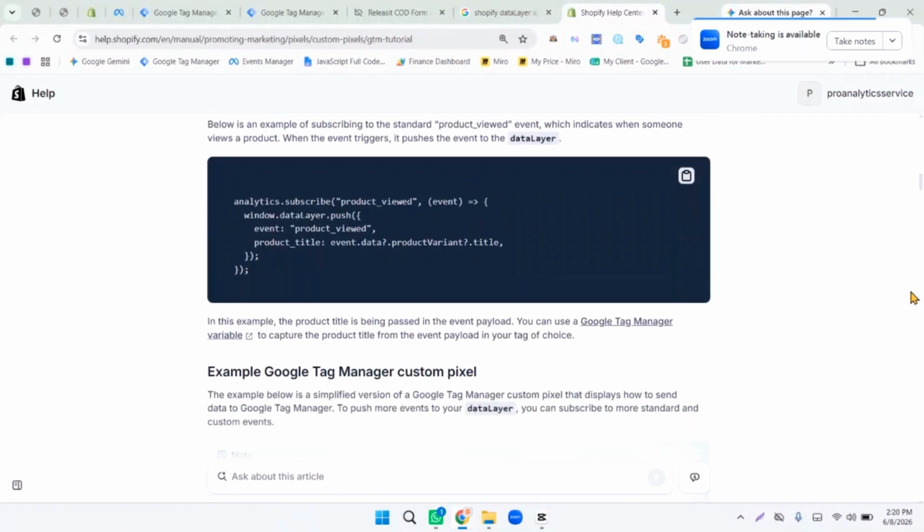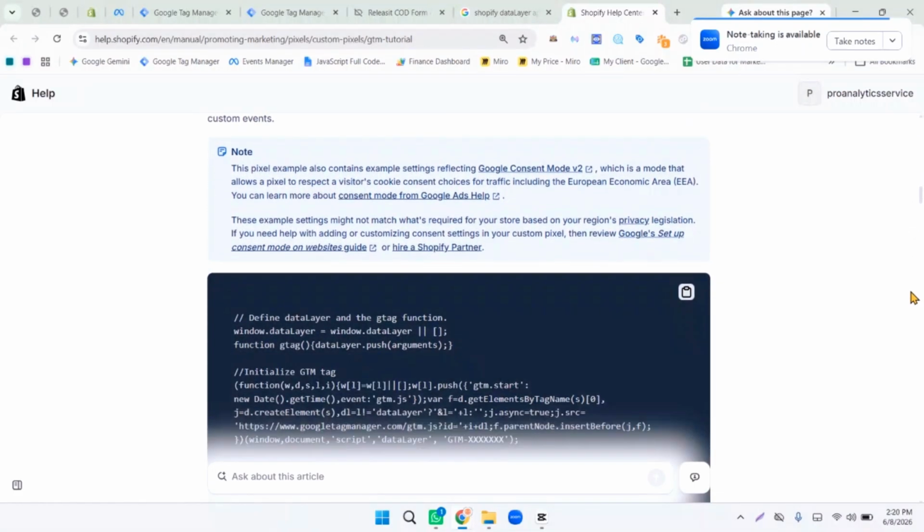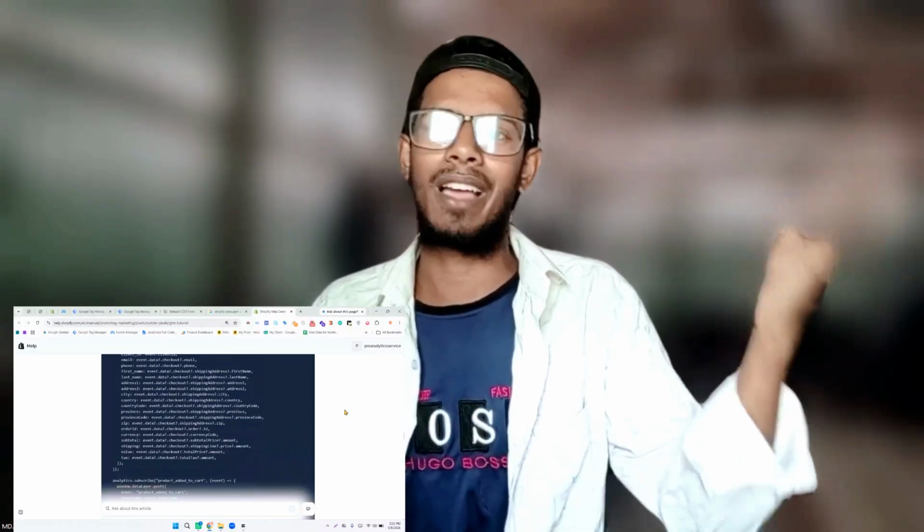Now I will explain the difference here: we have the default Shopify checkout page and the Releasit COD forms. The checkout and purchase process are totally different, because when we follow the Shopify default checkout page and purchase process, Shopify has an API in their backend by default. We can enable the data layer depending on that API, and when we enable that data layer, it works normally and for everyone, like page view, item, add to cart, initial checkout, purchase, etc. But when we use the Releasit COD form, this same data layer doesn't work for that third-party checkout page or